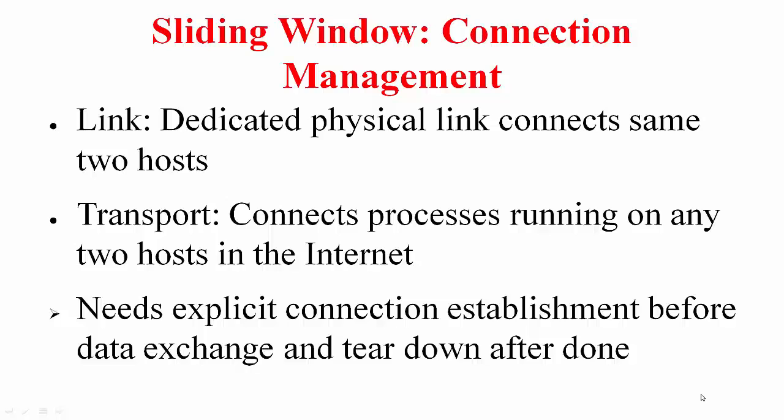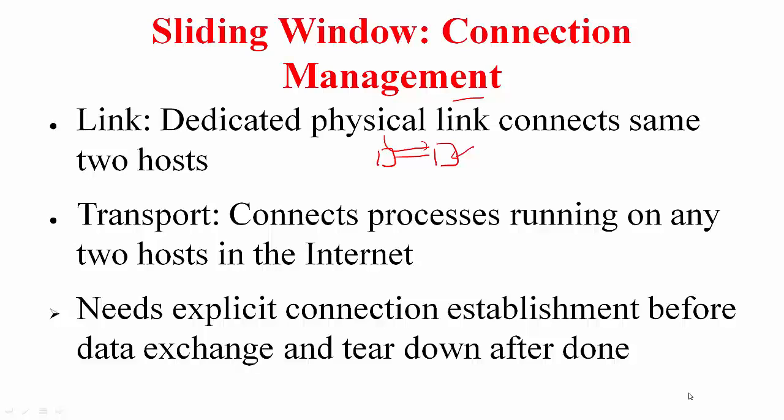Quite a few challenges. One is related to connection management. When you have sliding window at the link level, the link over which you are running the sliding window is a dedicated link connecting these two hosts. So when you send packets from this host, they are destined to this other host, and it is easy to figure out the status of this other host. For example, if I'm in a room with one other person and I'm talking, and if you rule out the possibility that I'm mad and talking to myself, this means that whatever I'm saying is for the other person.